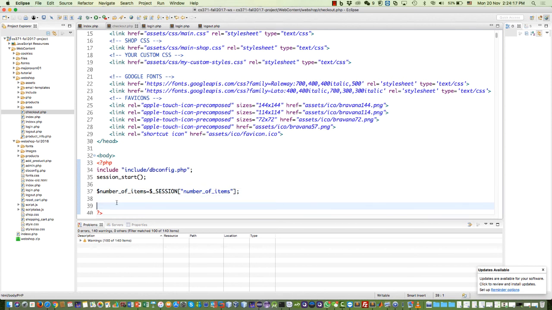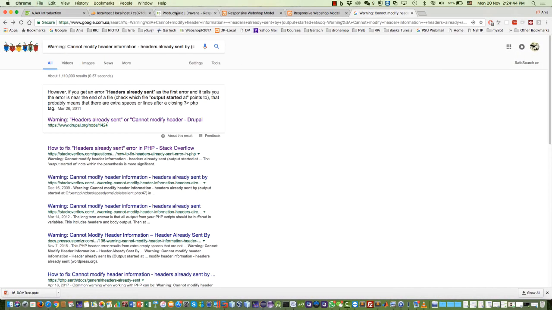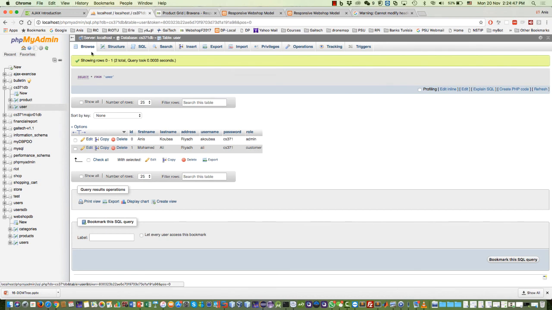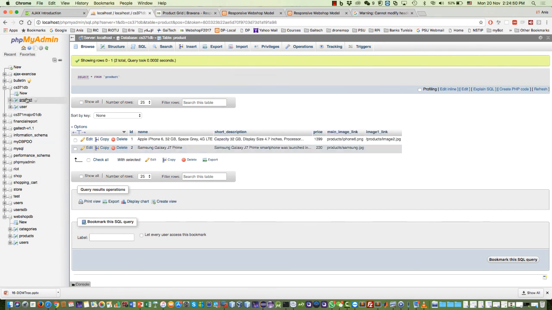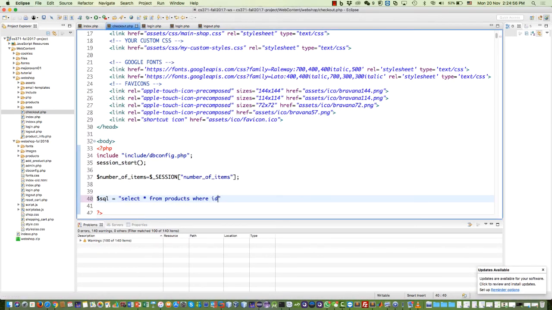Now we can make an SQL query. SQL equals select star from products where ID equals session, or ID. No, the array equals the product ID. One moment. So ID here. Now here we're going to select everything,